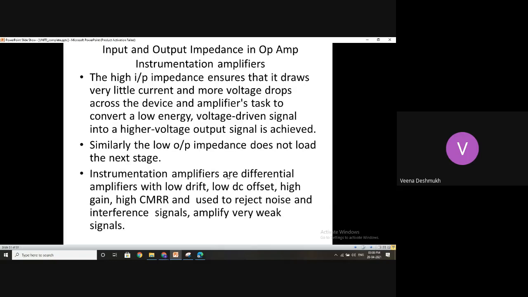If the input impedance of the amplifiers is high, then the voltage dropped across them at the input side is very, very high. As a result, the voltage amplification happens and the desired gain can be achieved. This happens because the amplifier circuit is not loading the previous stage. It is not drawing any current, or no current is flowing through the device.